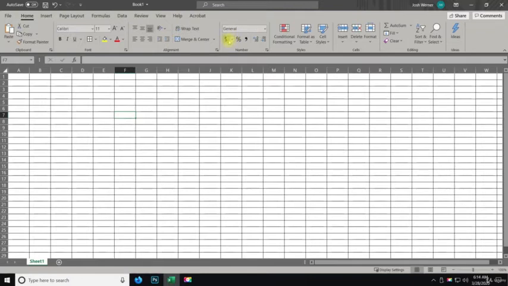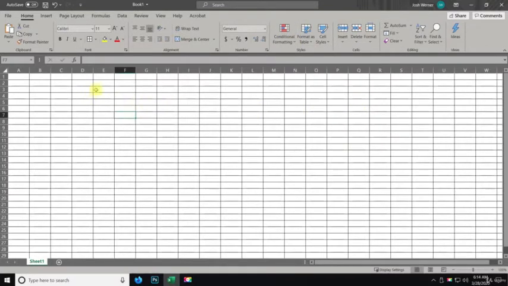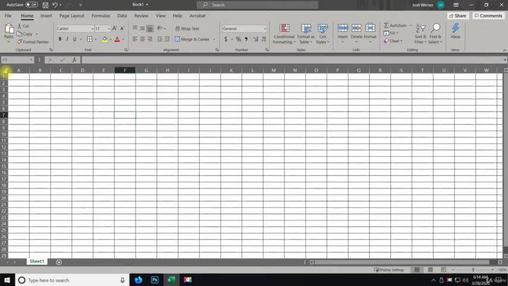Then we have numbers, so we can do account number format, we can do percent style, we can do comma style, increase decimal, decrease decimal. Then we have styles, so we have conditional formatting, color scales, format as table. So the cool thing about this, let's do that once,